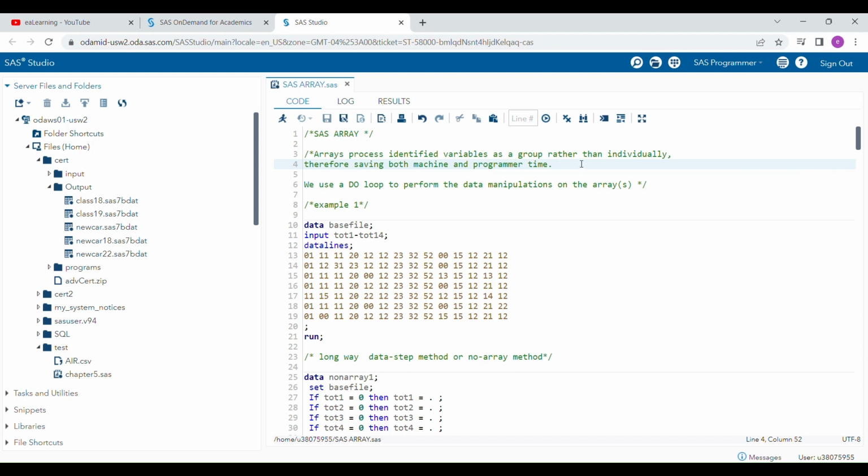Hello everyone. In this video, I'm going to talk about SAS Array. SAS Array is one of the very useful programming tools that can be used to process your variables. This array process basically identifies variables as a group rather than individually. So you can handle multiple variables all together as a group, and that will basically save your machine and programming